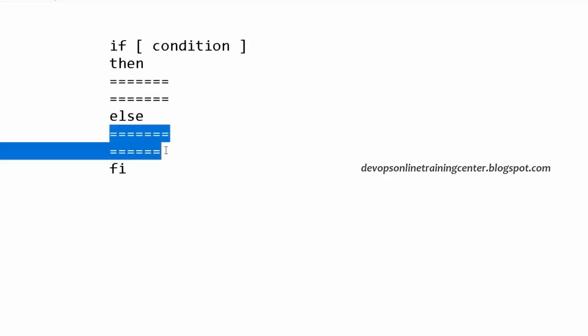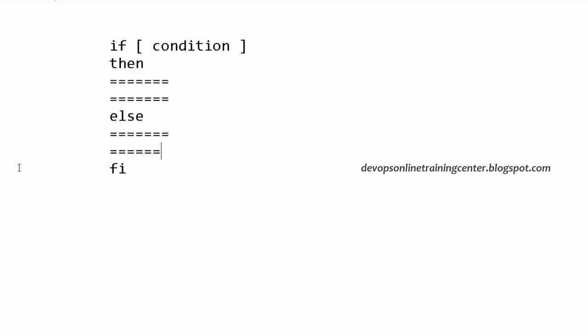If the condition is not met, it will go to the else block, and it has to be ended with fi, right? So if is for starting, fi is for ending. This is the syntax, so you need to write the code in between.